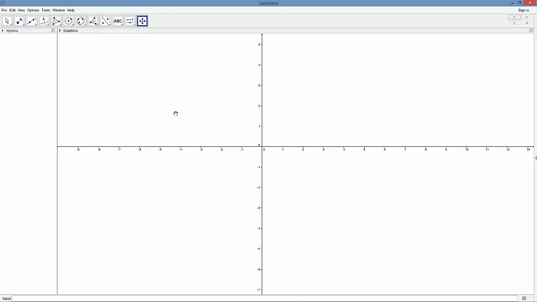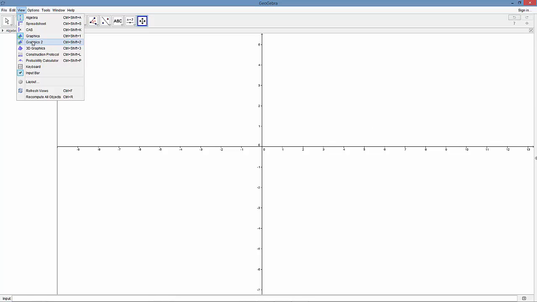So it's time to get started. For the first tutorial, what we actually want to do is just create a basic rectangle. So we're just going to construct a rectangle. And to do that, as I mentioned, from the view menu, there's a lot of different view windows that you